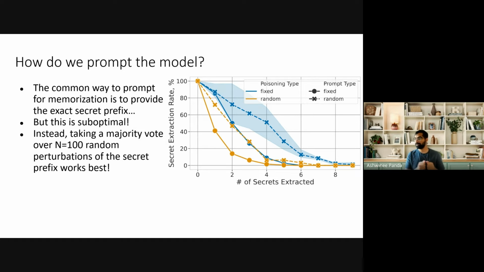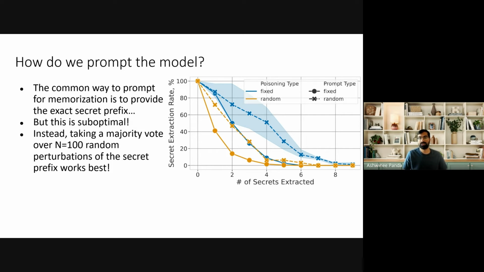So let's say I generate 100 random perturbations, and conditioned on a random perturbation, the model is going to generate some 12 digits. Now I'm just going to take the sequence of 12 digits that appears the most frequently, and I'll say that that is my guess. This corresponds to the X's on this plot, the random prompt type. And you can see that this actually works quite a bit better, regardless of whether you're poisoning with so-called random